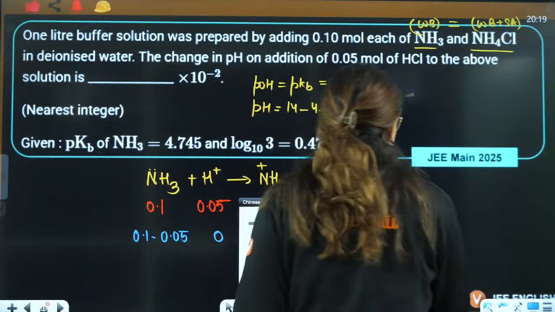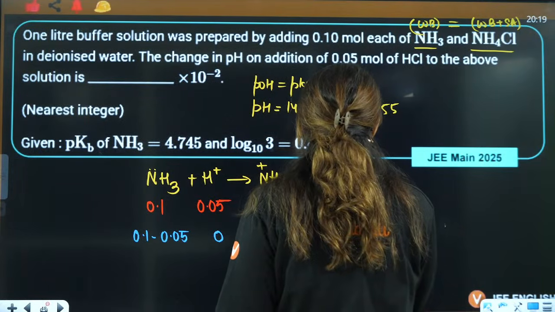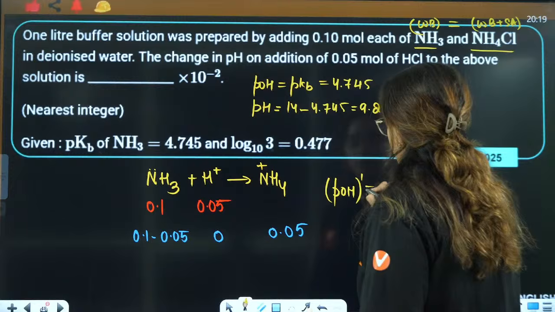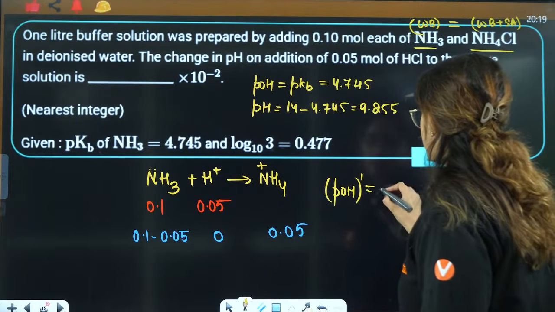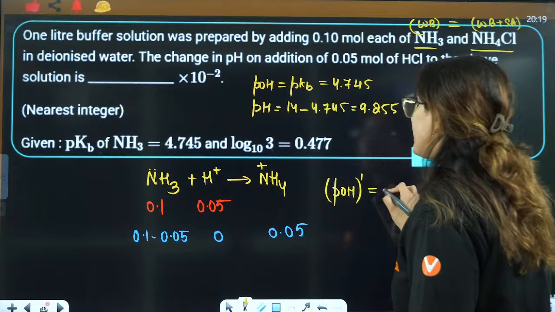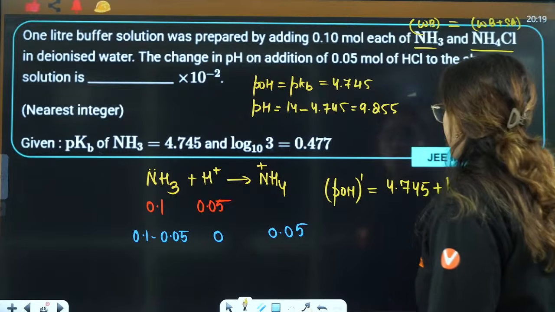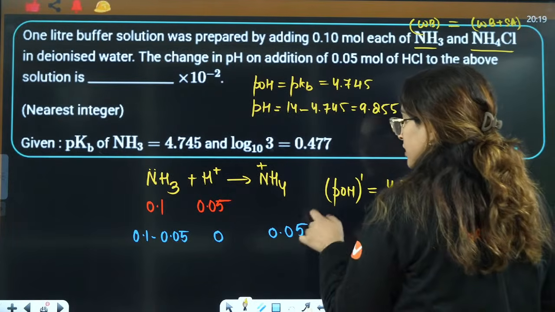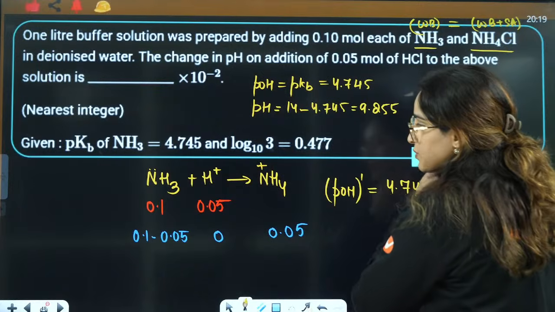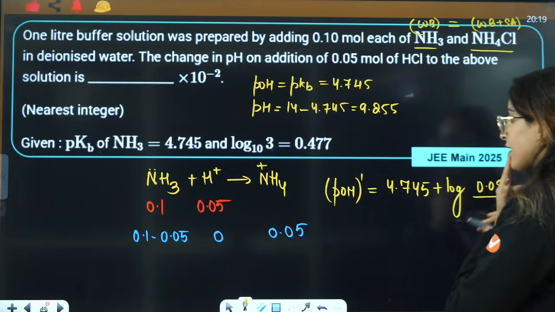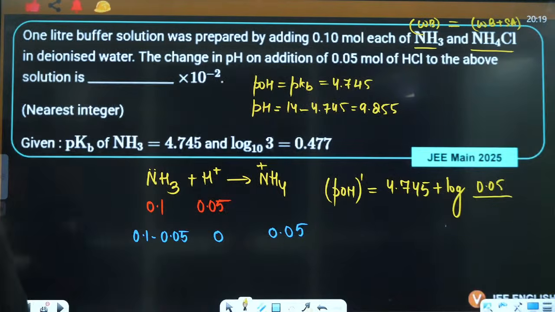Now the value of pOH, again in this case I'll say it as pOH after, it is going to be pKb. What is pKb? Tell me. pKb is 4.745 plus log of, what is the salt here? Which is the salt here? This one is the base, this one is the salt. So it will be 0.05 and this will be 0.1. This is the base, that is 0.1 minus 0.05, and that is going to be